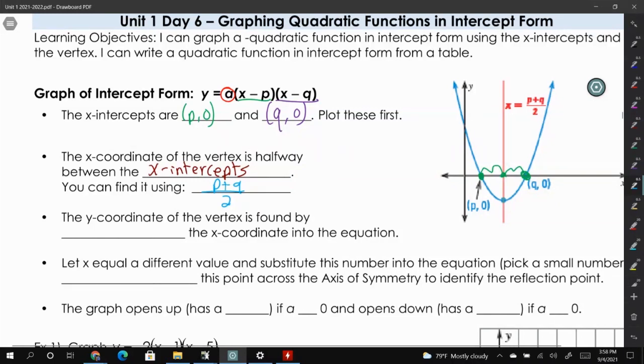I find that most students will just plot the two x-intercepts and then find that in between. Once you find the axis of symmetry, that's also the x-coordinate of the vertex. So to get the y-coordinate of the vertex, you can plug in your axis of symmetry. Then that would give us a third point, because we have our two x-intercepts, we have the vertex,